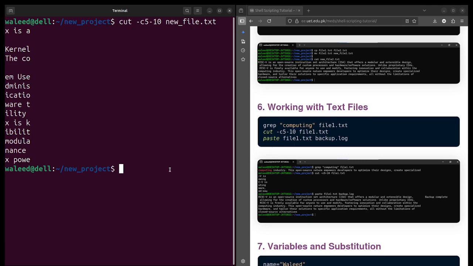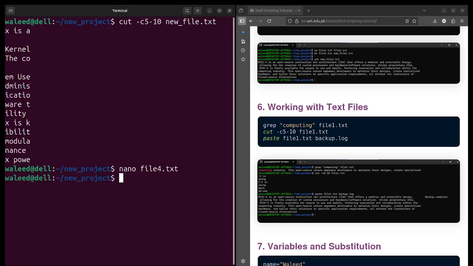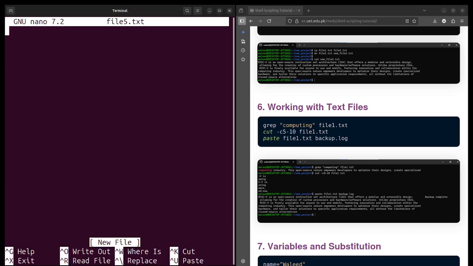For example, let's say I have a file named file4.txt and it has Ali, Walid, Hassan here, and then I have another file, file5.txt, which states the city from which Ali, Walid and Hassan are. Let's suppose Lahore, Islamabad and Karachi.